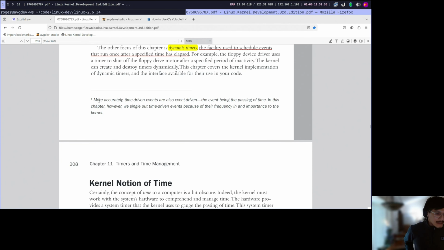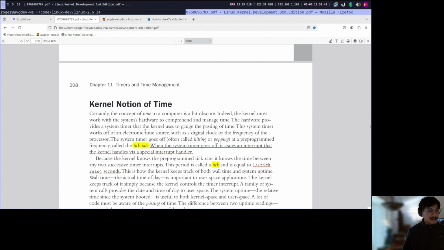What is it? More accurate, time-driven events are also event-driven. The event being, okay, never mind. Okay, so